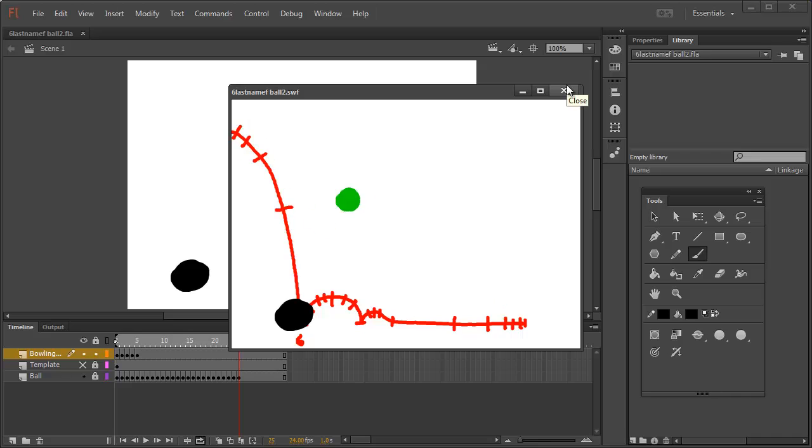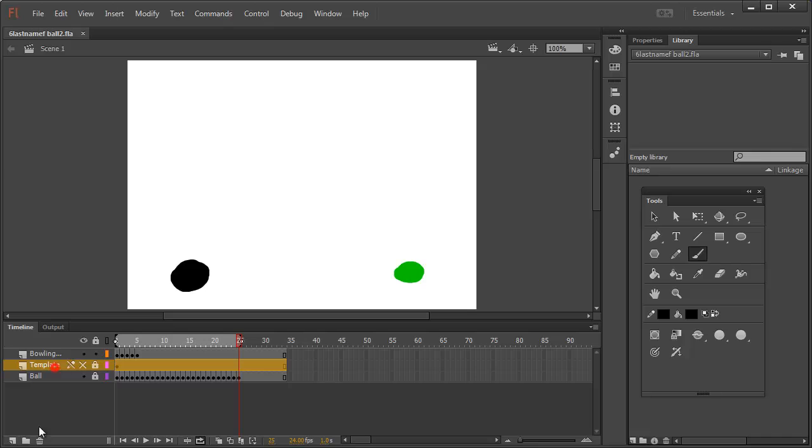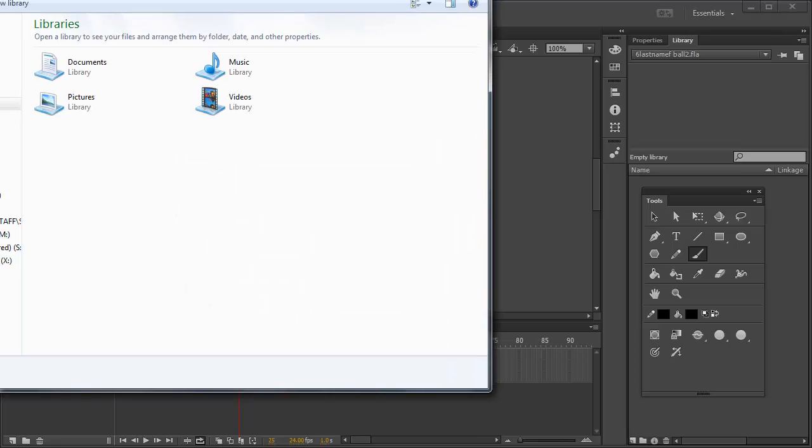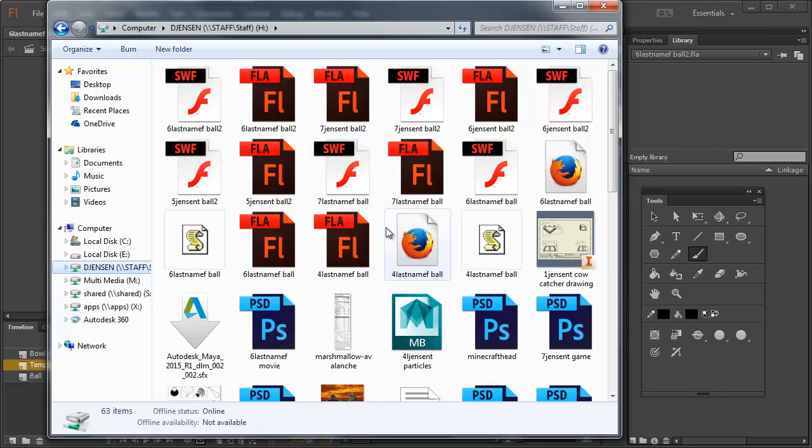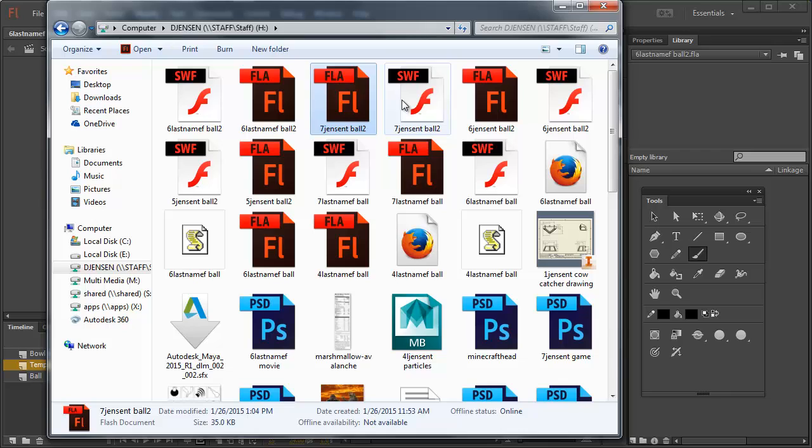Make sure you've deleted all the templates and stuff too, because even if you've un-eyeballed things, the Swift file will do that. So you'll have to delete the template. But that creates another file called a Swift file in that same folder. And if I go to my H drive, I've got a bunch of these, but I think this one was the one I just did. Maybe not. But this Swift file